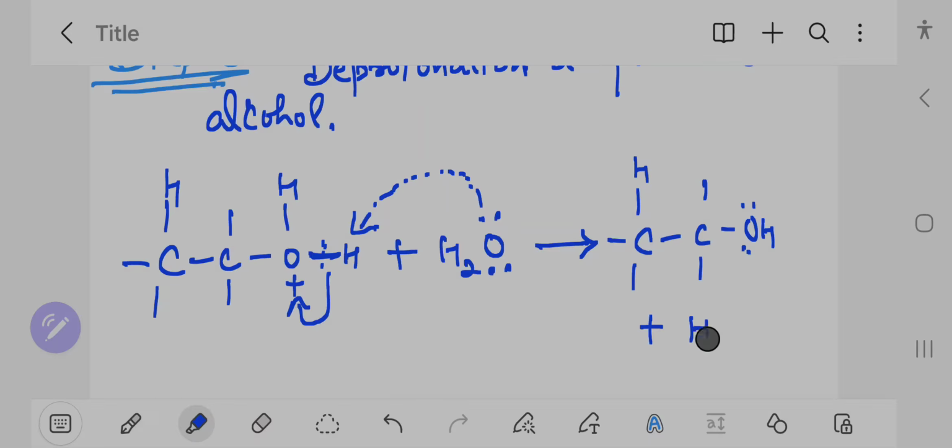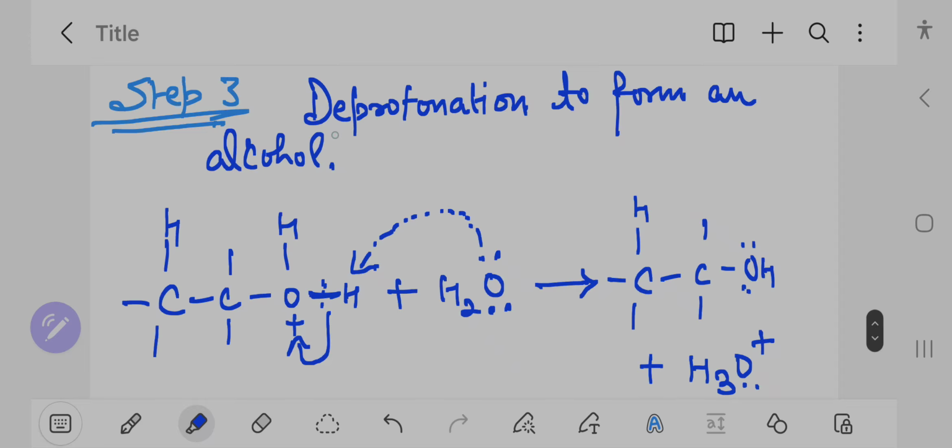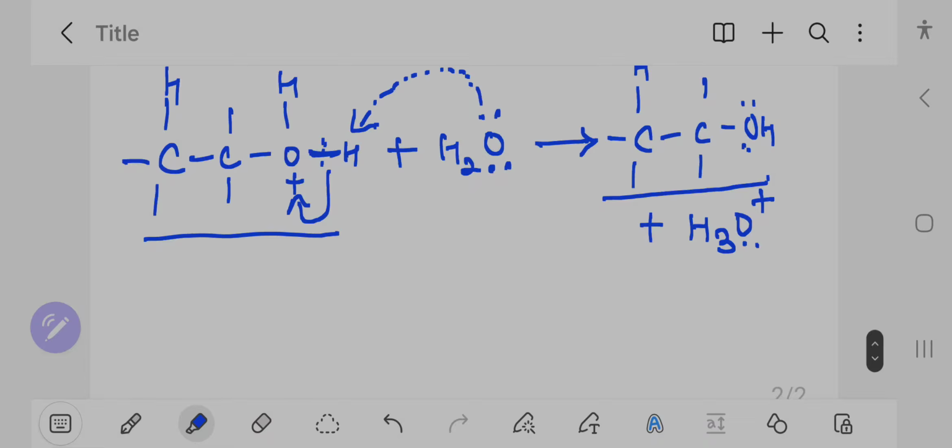And with that there is the hydronium ion. This step can be named deprotonation. Here a hydrogen, that is a proton, is cleaved from this compound and goes towards the water molecule, and the rest of the compound is an alcohol. This is the mechanism of the formation, or preparation, of alcohols from the